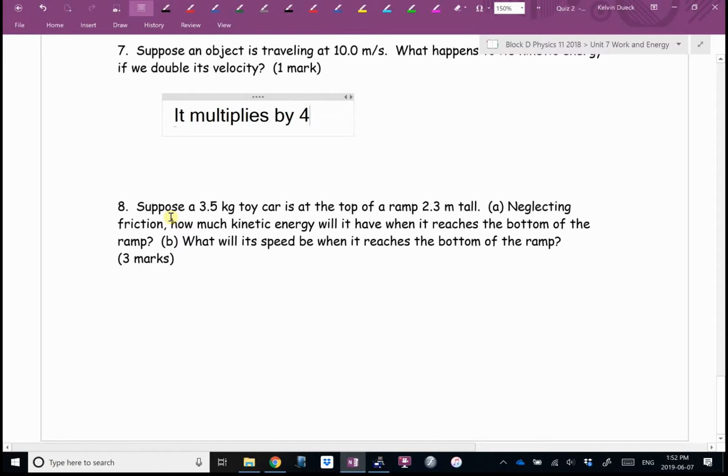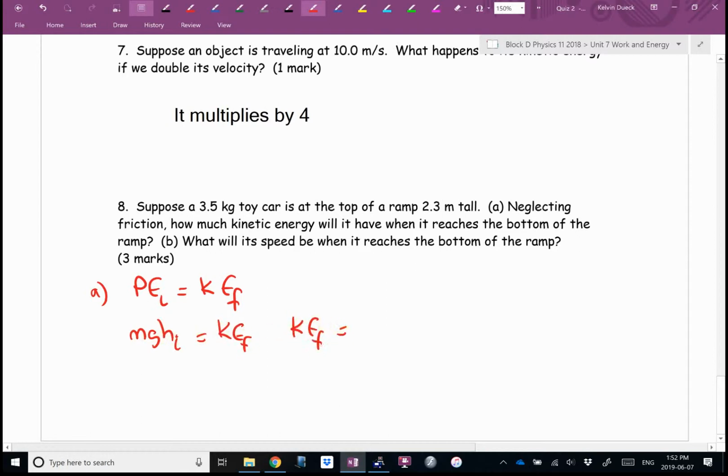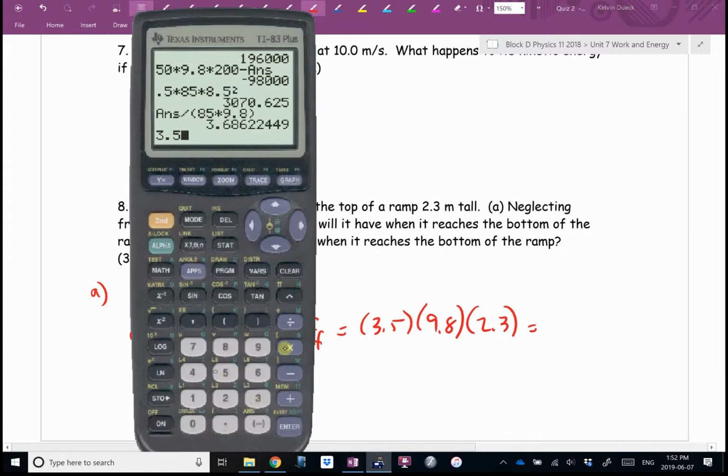Suppose a toy car is at the top of the ramp, 2.3 meters tall. If we ignore air resistance and friction, how much kinetic energy will it have at the bottom of the ramp? Well, I think this is a job for conservation of energy, but I think I can just say all of the potential at the top is going to turn into all of the kinetic at the bottom. So mgh initial equals kinetic energy final. The kinetic energy final is going to be m 3.5, g 9.8, h 2.3. 3.5 times 9.8 times 2.3, and I get 78.9